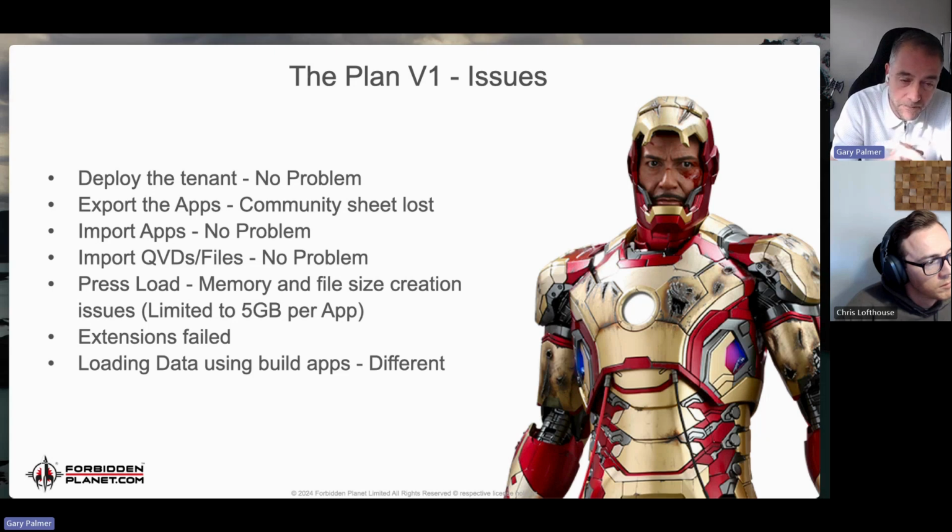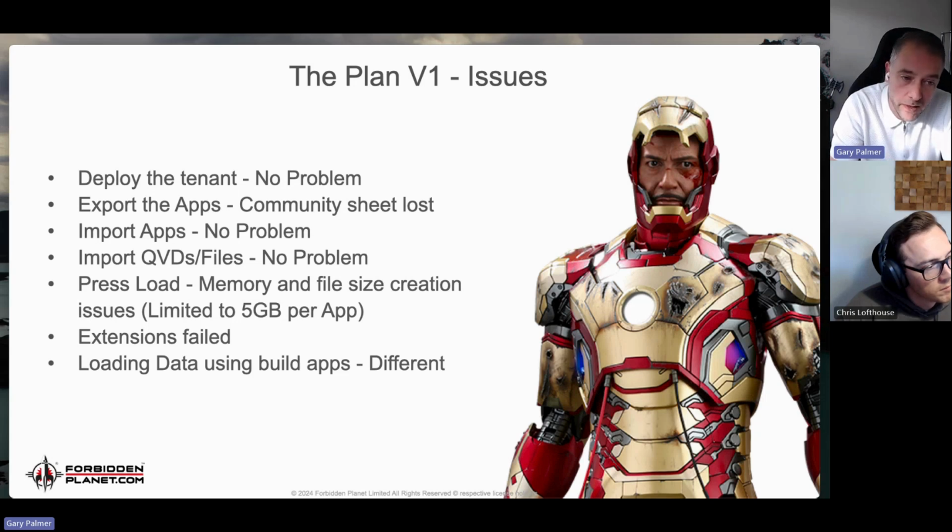So the other thing that we found, I'll come back to the community, was when you deploy the app, you only get the application in its current form that's been published from on-prem. So if the users take the published app that you would have on-prem and the users create community sheets, those community sheets are lost unless you do something with them before you deploy. So that's something I learned. I deployed some of our apps and found out a load of our users create community sheets. Again, Ometis was there to save the day and help me out with that and advise me of various options and ways of doing this, which I'll explain in detail in a minute.